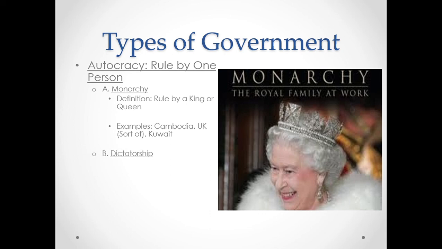The second type of autocracy is a dictatorship, and originally a dictator was someone in Roman times that was chosen by the senators, who were the group of people that made the laws in Rome. In times of war, they would choose one person to lead the government, basically just to make decisions quick, so that the senators wouldn't spend so much time talking back and forth that they would lose the war. And this was a very effective sort of government because the dictatorship did not last long. Usually it was only a few months or until the end of the war.